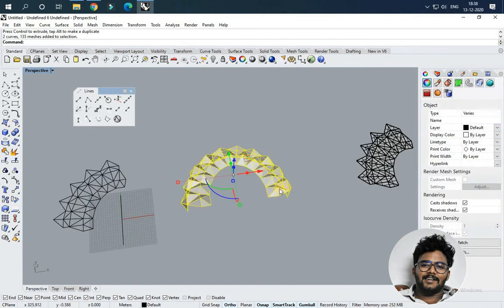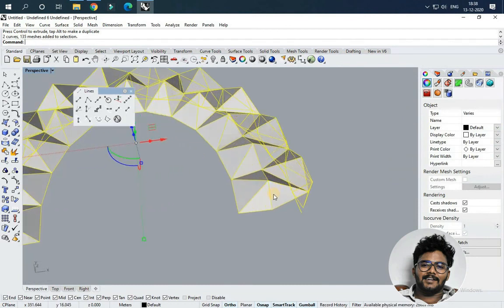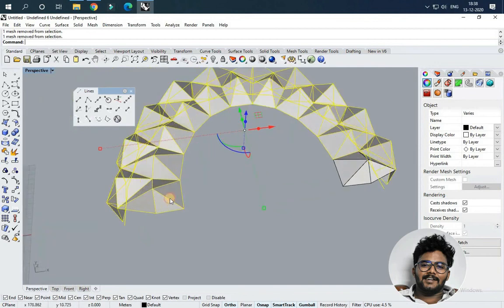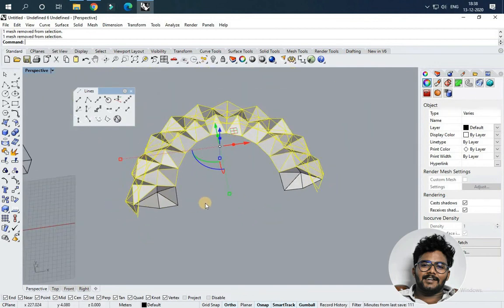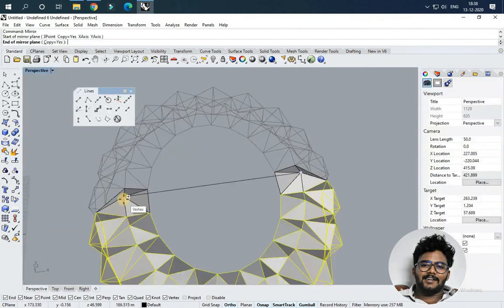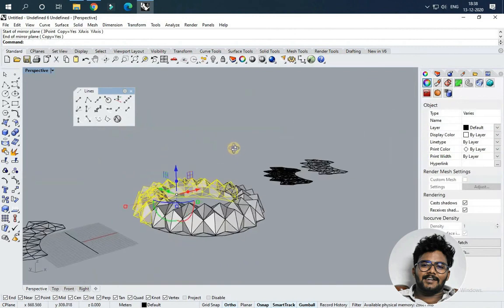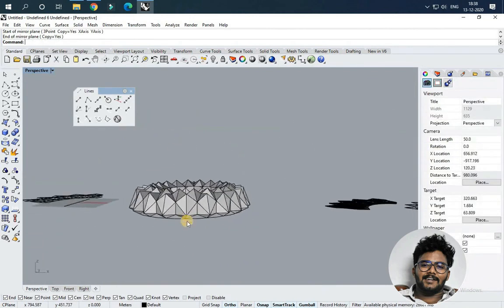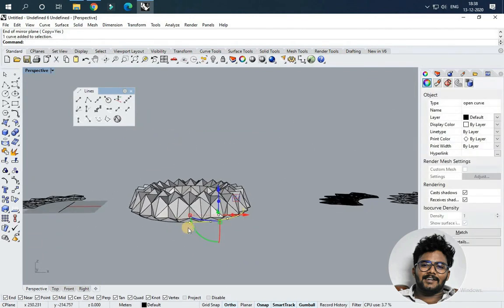So I'm selecting all the things which I mirrored. Now I'm unselecting the center one by pressing Shift, so that the center one need not be mirrored, because it's an odd number, right? So I'm just using the mirror command. So we got the stadium facade. See, finally we got the stadium facade.